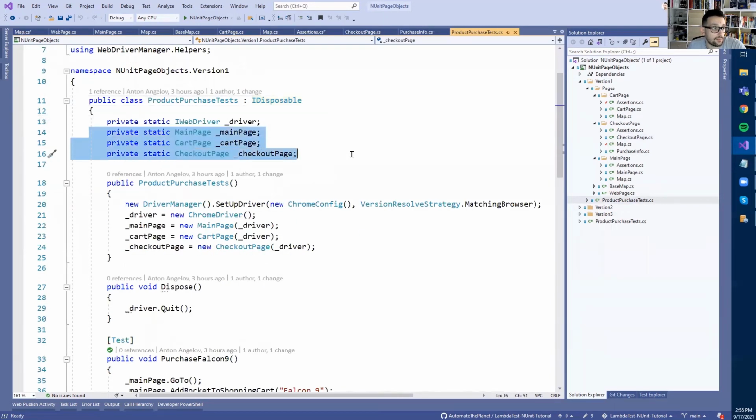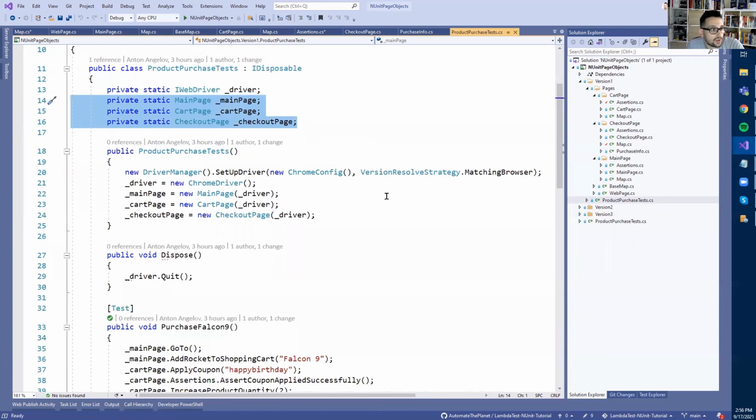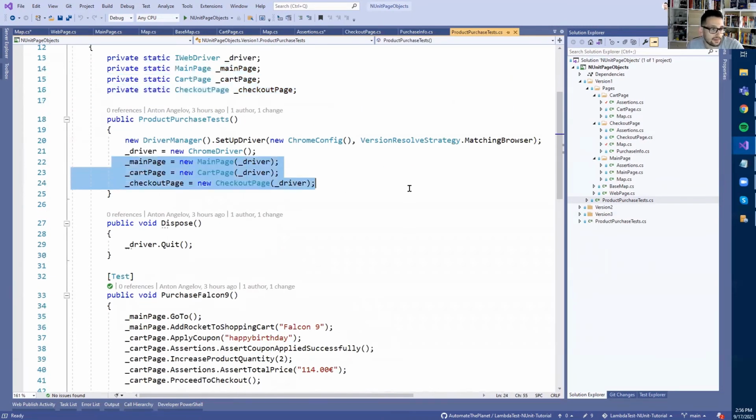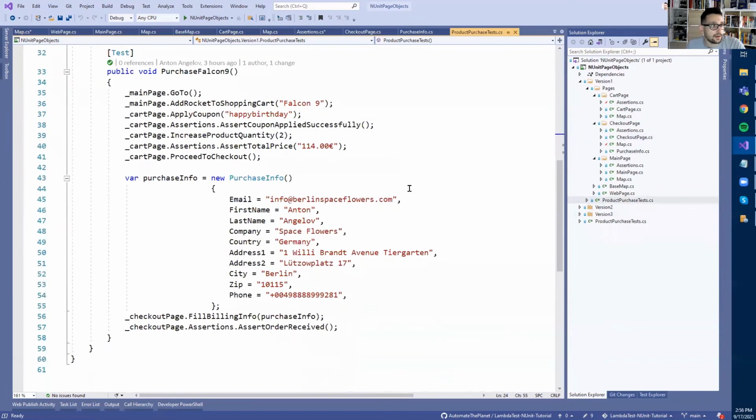Our web pages are here. We are using them through composition. Composition is again a pattern where we are not deriving something from a base class. Instead, we have them here as private variables, and we initialize them inside the class initialize, test initialize, in the constructor, whatever. We are just passing the driver, right? And then the only thing, as you can see, we created